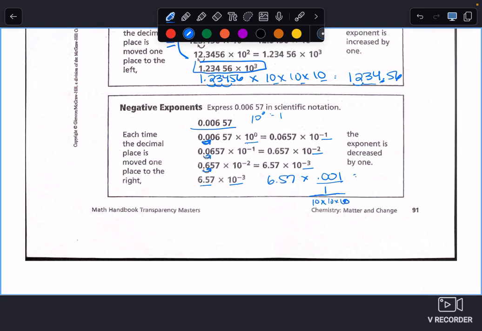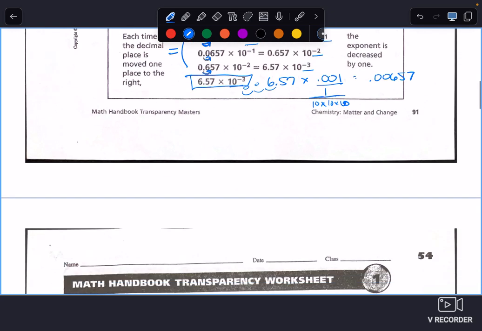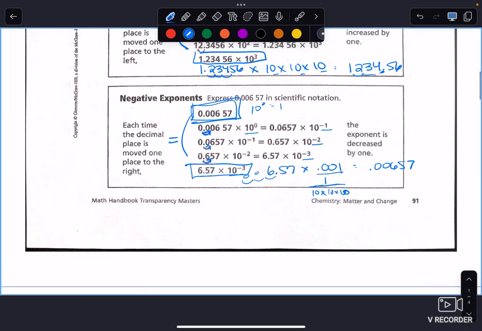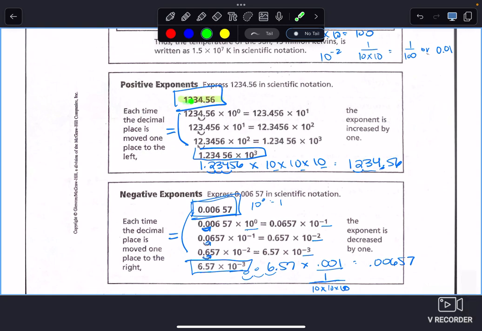And so if you multiply 6.57 times 0.001, to get the number back, you would have to move the decimal 1, 2, 3, and it would be 0.00657, which is the same as it was at the beginning. So this number is the same as this number. Okay, it's just a way to take the zeros out and make the number more manageable. This is a way to take the large number of digits before the decimal point out and make it more